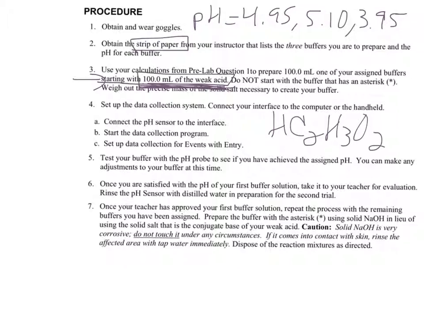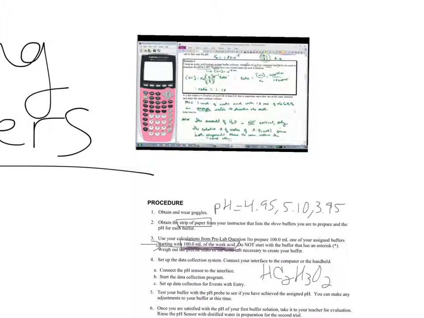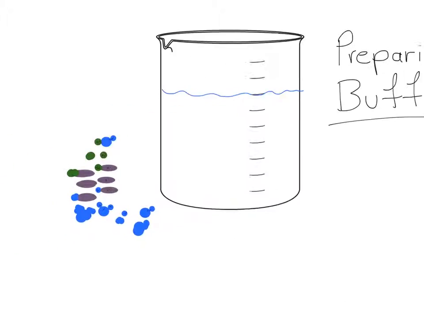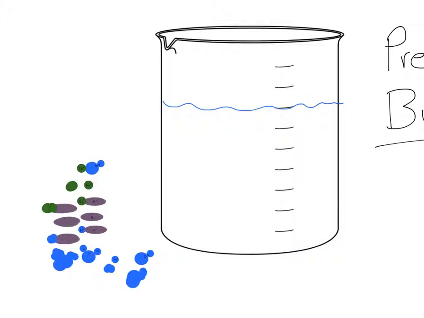And that immediately got me thinking. Well, there were a couple of things. First of all, I thought about the fact that we had something similar like this, and I went back and looked at our video notes, and it was actually exactly like what was in example 2 of our video notes for how we were to prepare a buffer. But I also thought that if I could visualize what was going on inside the beaker, then it would be very helpful. So this is a show me the chemistry moment, where we're going to look at what exactly is